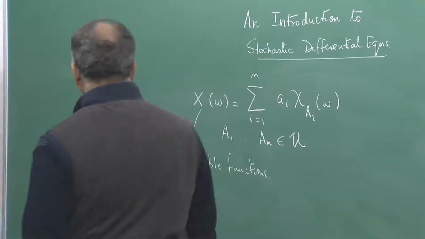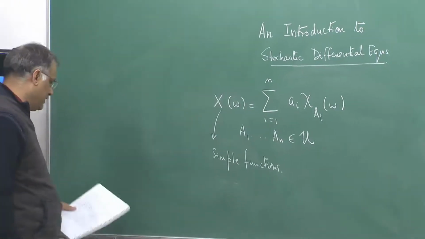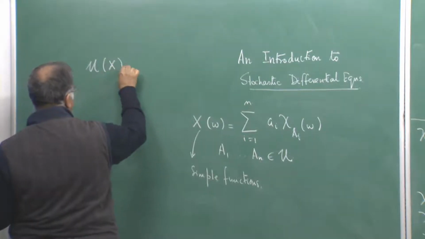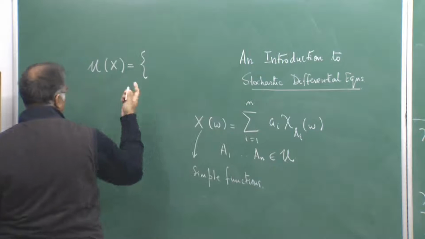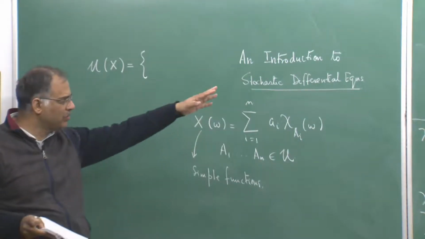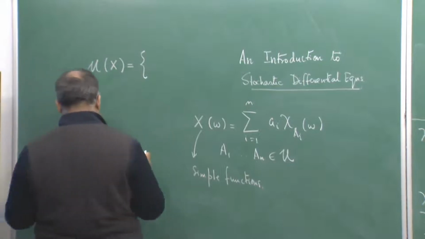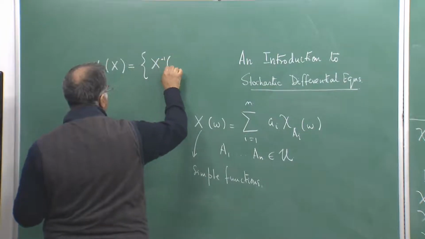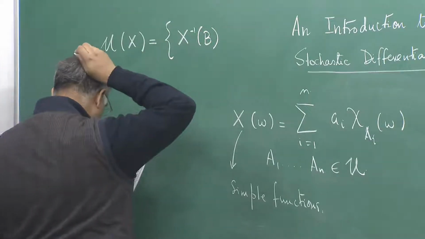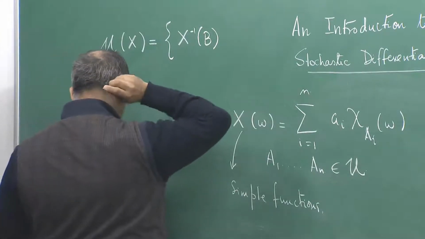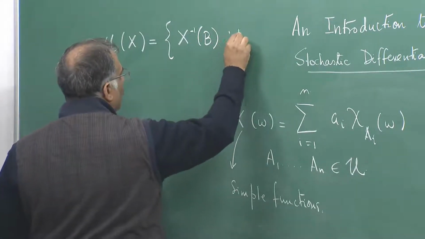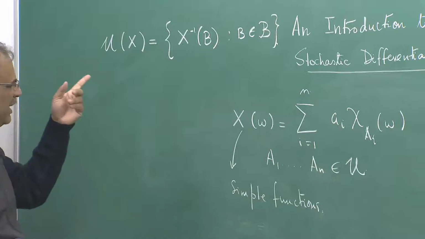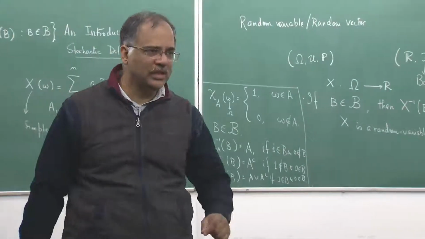A key thing that is sometimes required is the notion of a sigma algebra, which is called the sigma algebra generated by the random variable. You can think of this as a random vector, but largely I am talking about the random variable. Does not matter if you think of it as a random vector. You can think X is from omega to Rn, the collection of X inverse B where B is in the Borel sigma algebra. This set is a sigma algebra itself, and this is called a sigma algebra generated.